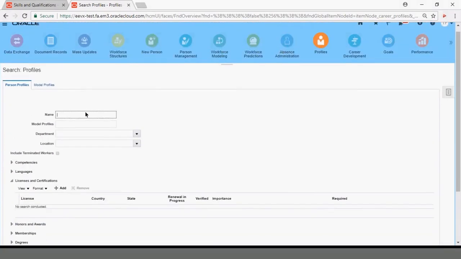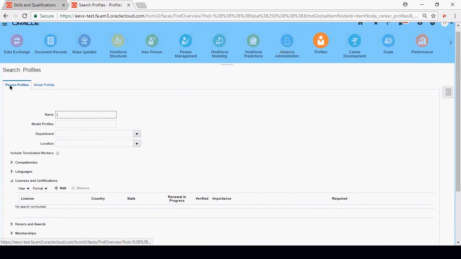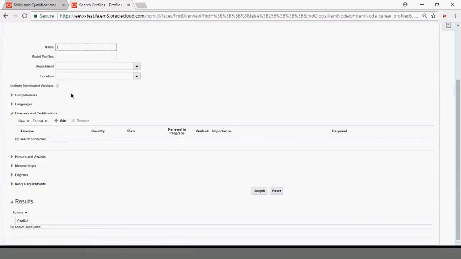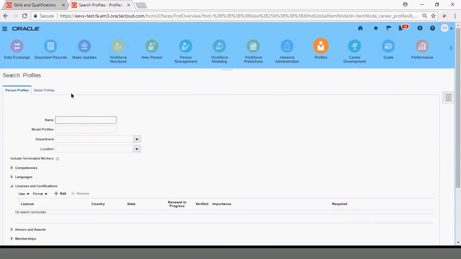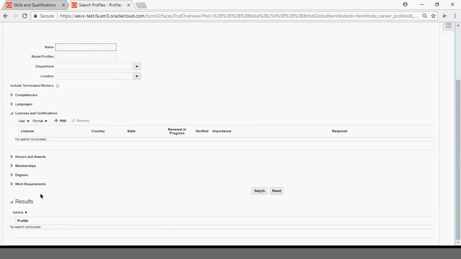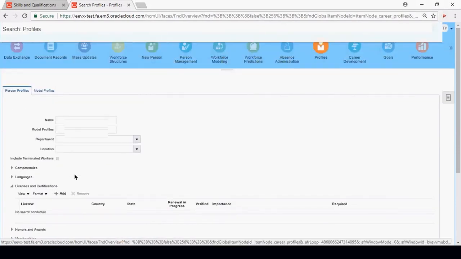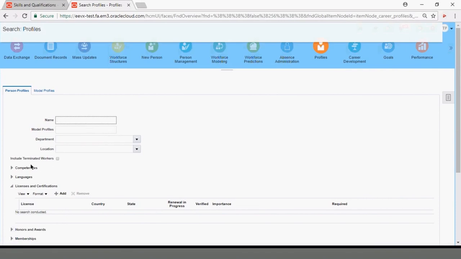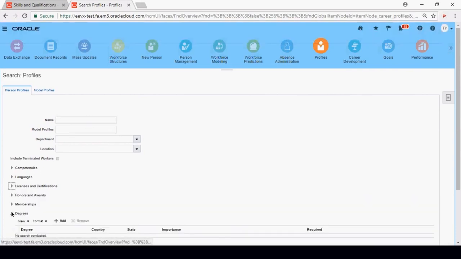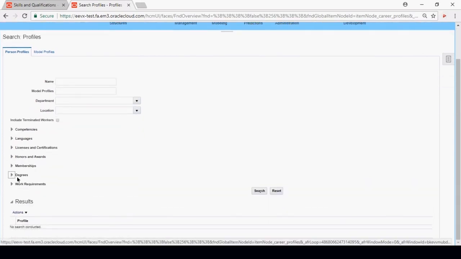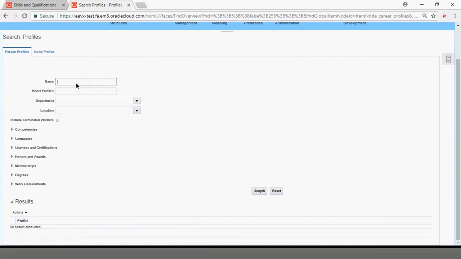I think this is an added feature in R13. I don't remember the screen in R12. So when we add degrees and things like that, when we add the content to an employee, we can go and search our employees and all this will be visible. So this now I have expanded, you will not see any data. So when I query a test employee,